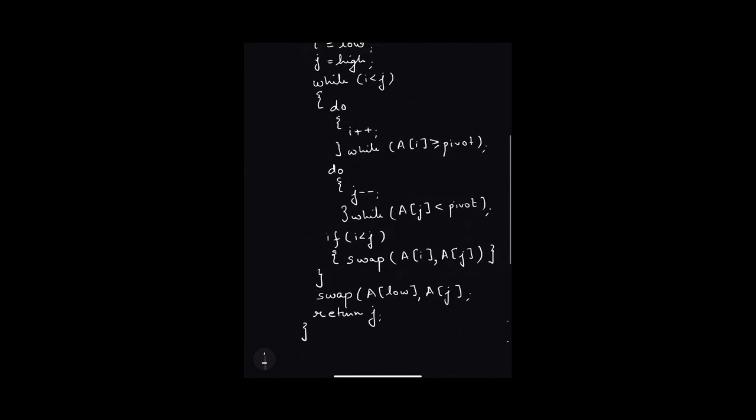Now let us see our algorithm for quicksort. In quicksort, we are performing two things. First, we are creating a partition. That partition divides my array into two portions, left hand side and right hand side. Then recursively, I call quicksort on both partitions. So I can say that my algorithm quicksort